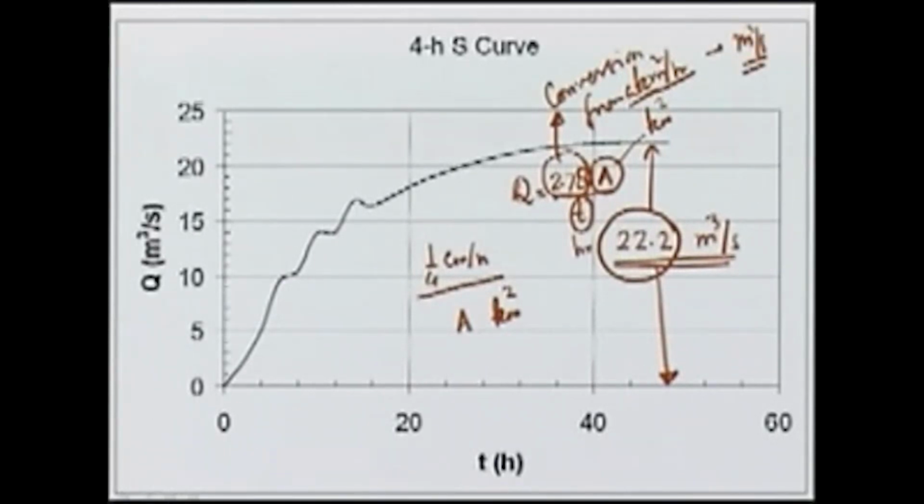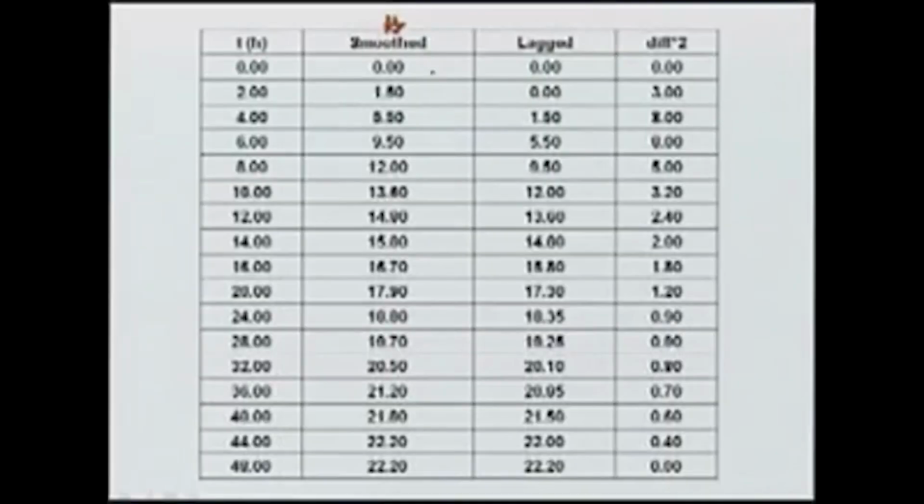So, once we get this S curve, you can notice here that this is not a very smooth curve, and what we would then do is some kind of smoothing to get a smooth S curve hydrograph, and we will use this smooth curve to obtain the unit hydrograph for any other duration. So, for example, here we have listed the ordinates which are after smoothing the curve, and then we lag it by the required amount. In this case, we want a 2-hour hydrograph. So, we lag is